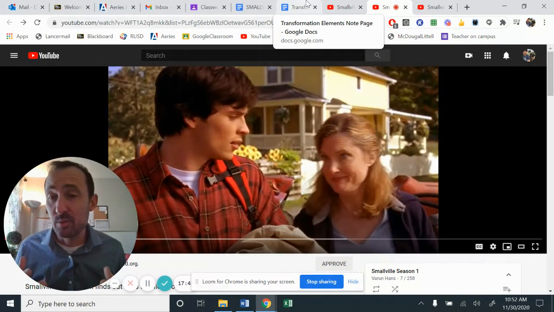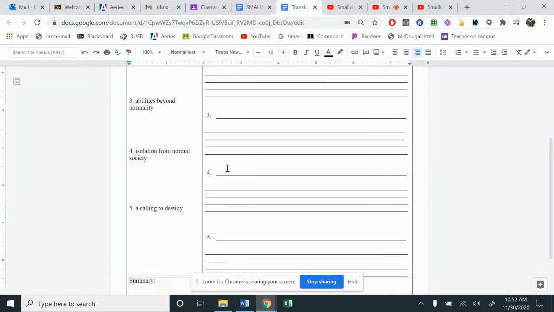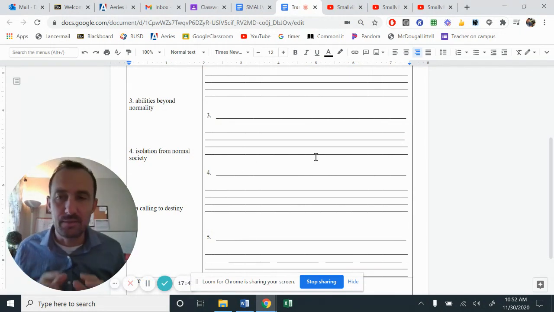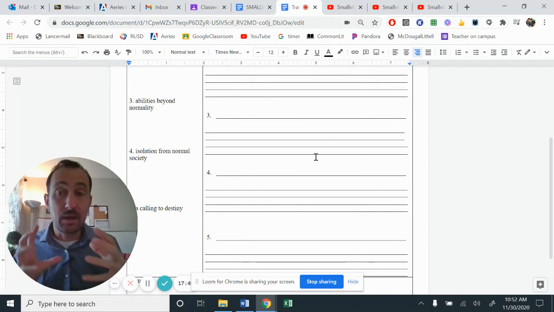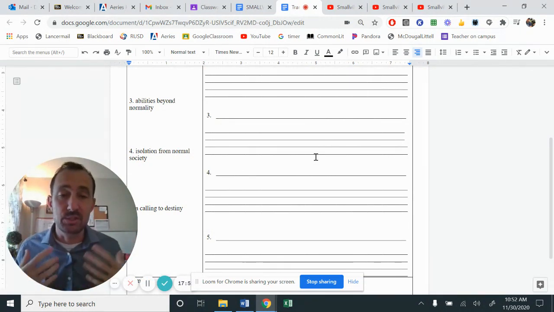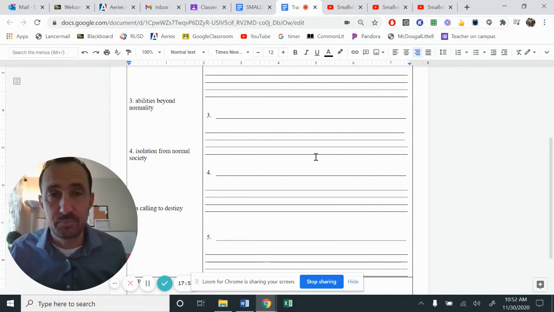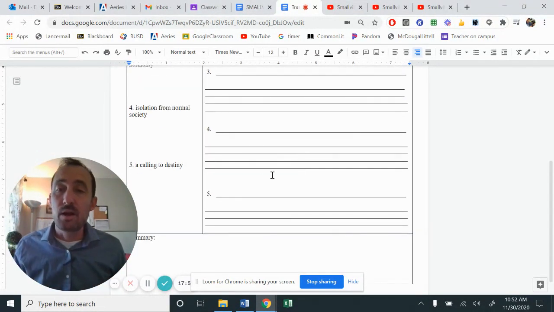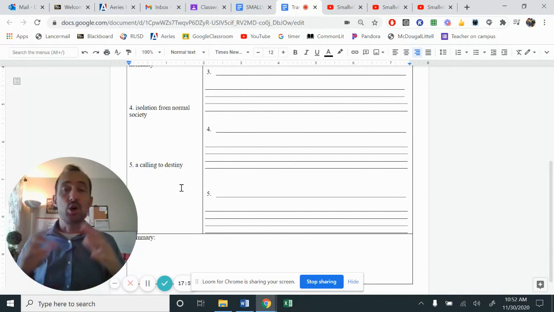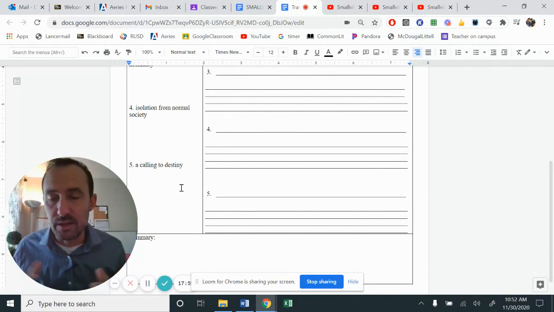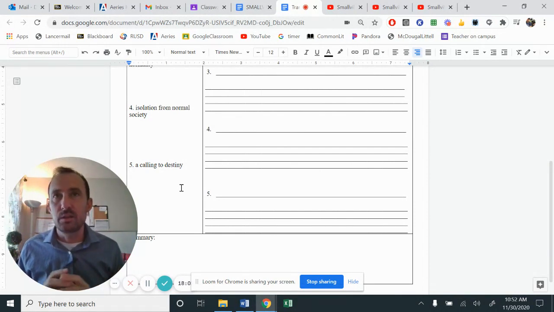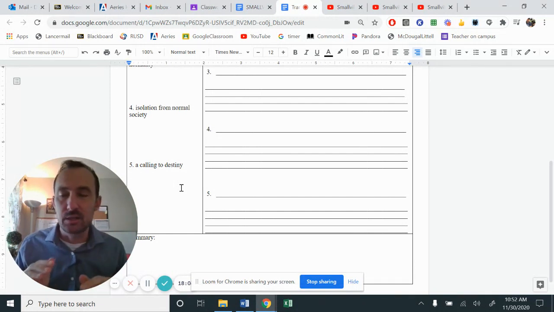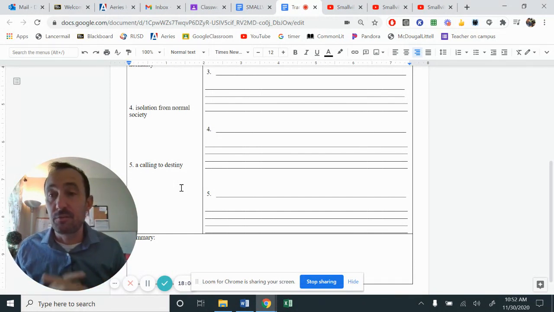But everyone has this opportunity to feel alone at one point. So part of the isolation is that they feel separated. It may not be a physical separation, but they just feel separated in itself. Okay. Now, the last component is a call to destiny or a call to adventure. This is where the hero begins to take a step in fulfilling their destiny of being a hero.